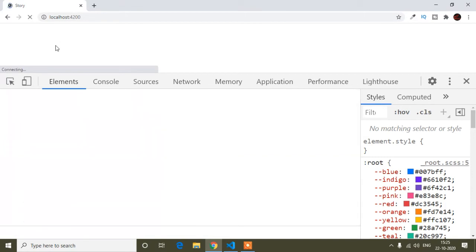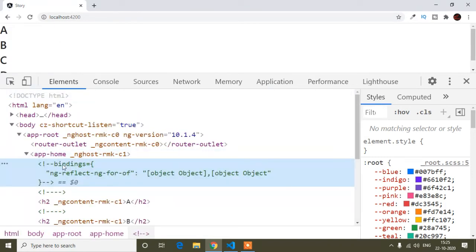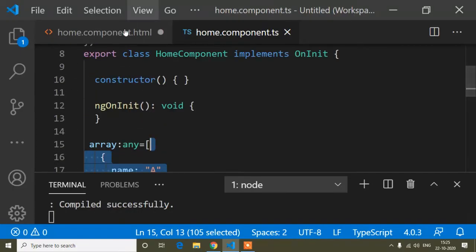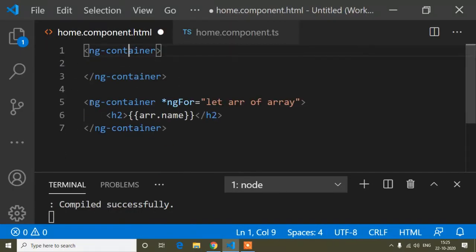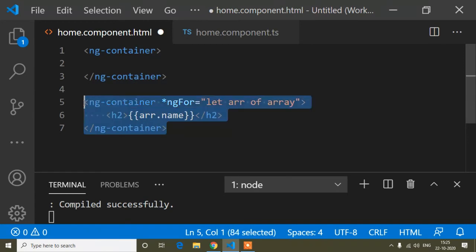Here you can see the div of ng-container is not coming, but if I write div here instead of ng-container, it will come inside our DOM element. So that is the benefit of ng-container also. Now our main focus is ng-template.